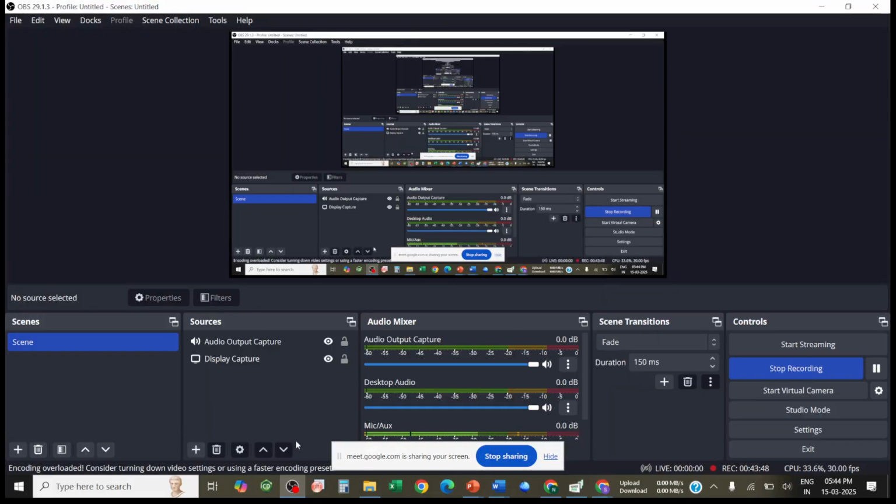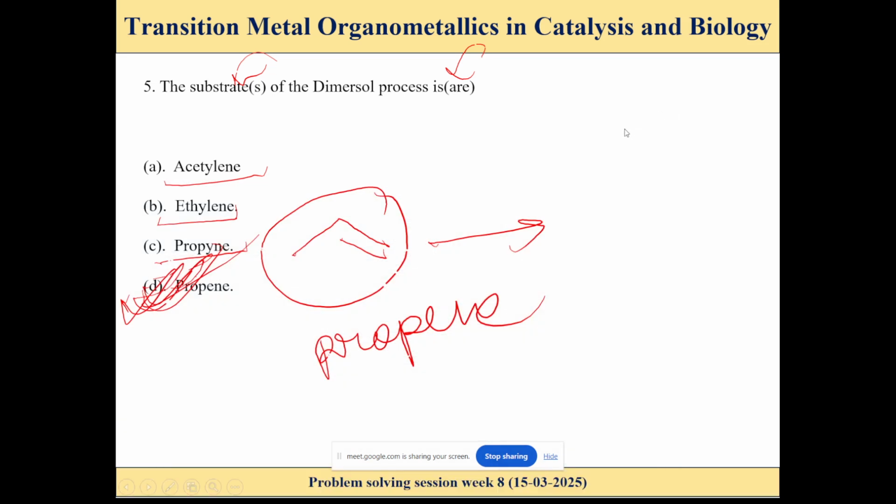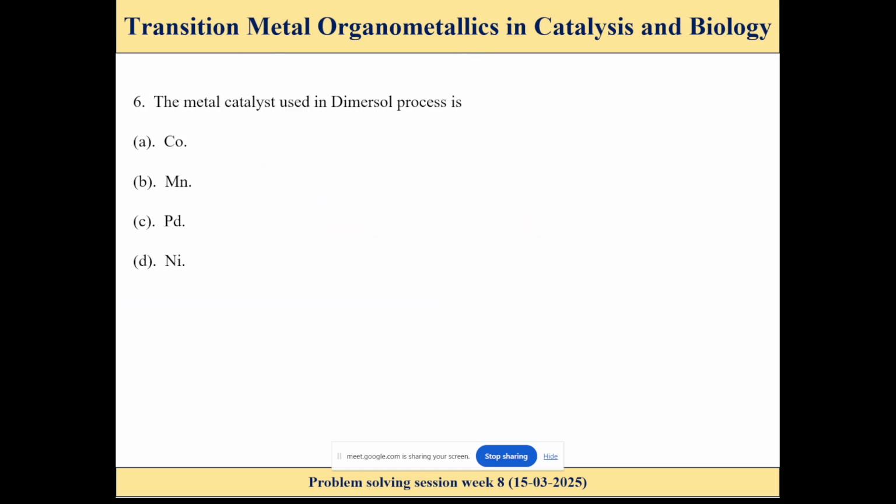So option D will be the right answer for this question. Okay. And going back to the next, the completed half of the question from today's discussion series. This question number 5 is completed. We have another 5 questions for today's discussion. Okay, the metal catalyst used in the dimerization process is